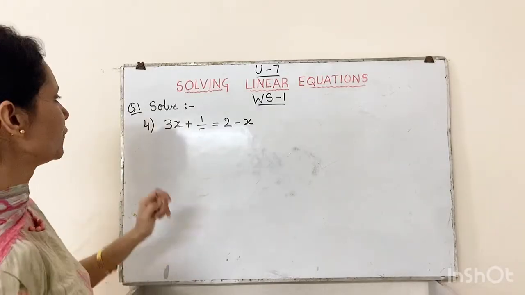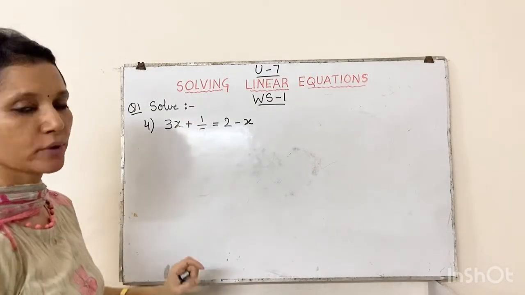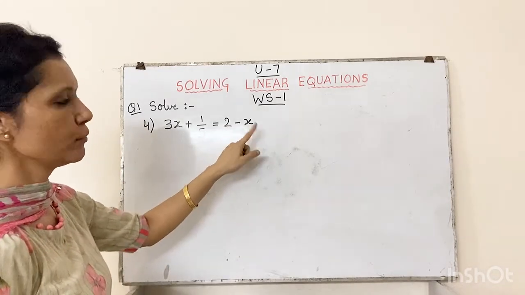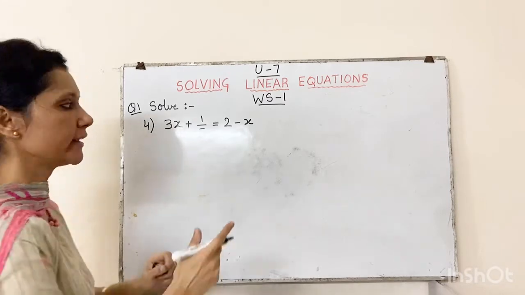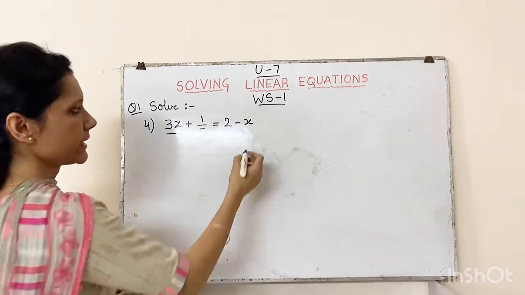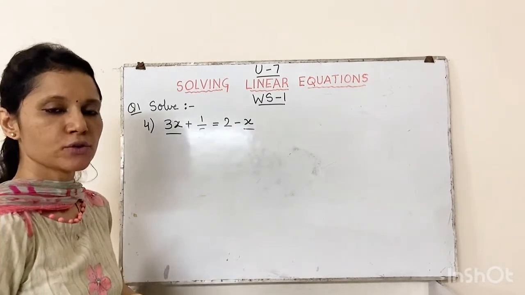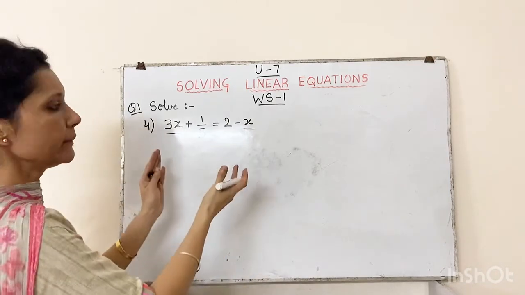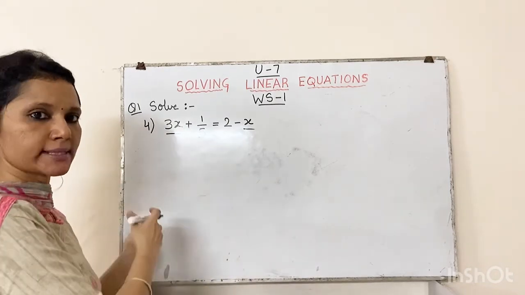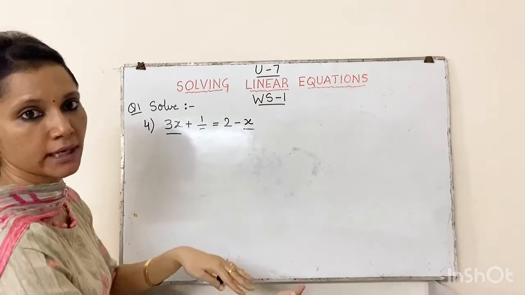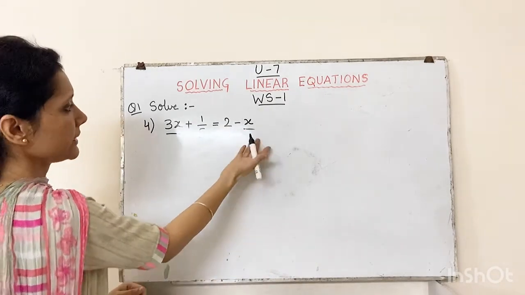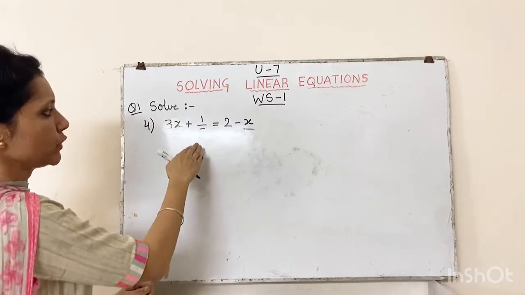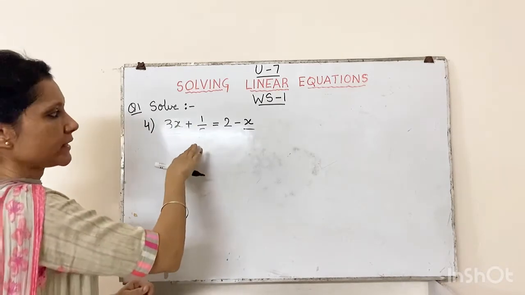Next is question number 4. 3x plus 1 upon 5 is equal to 2 minus x. Now here you can see that the terms containing the variable are 3x and minus x. So what we usually do is keep the terms containing the x on one side and keep the constants on the other side. So what we would do is we would bring this x from the right hand side to the left hand side, and we would take this 1 upon 5 from the left hand side to the right